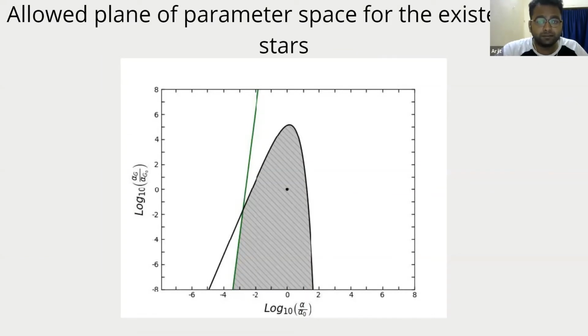The shaded region delineates the portion of the plane that remains after enforcing the constraints we already discussed, and the black dot in the center symbolizes our universe. This region can be constrained further, and the space will decrease further upon imposing many other constraints.